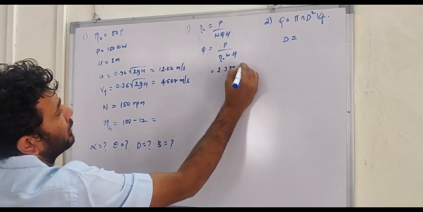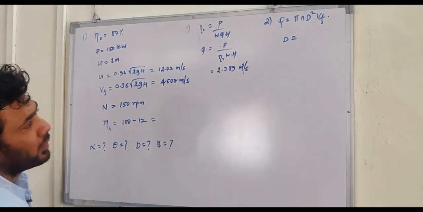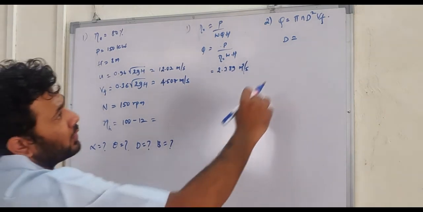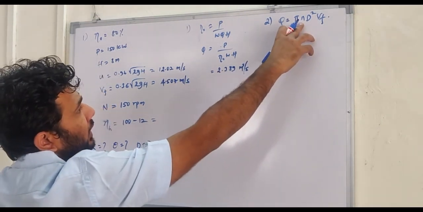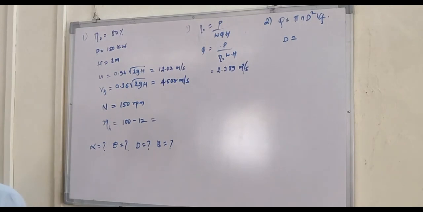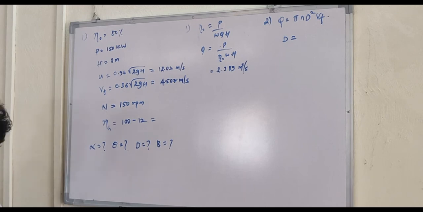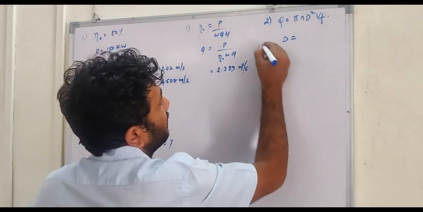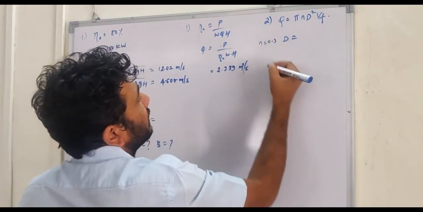2.389 meter cube per second. This is what your discharge is. So once you know the discharge, let us check whether the n value is given in the question. If the n value is not given to you, what we'll do is we'll assume it. So how much shall we assume? What is the range of the n value? n value will range from 0.1 to 0.45. Okay. So let me assume it as 0.3. So we are assuming n value to be 0.3.